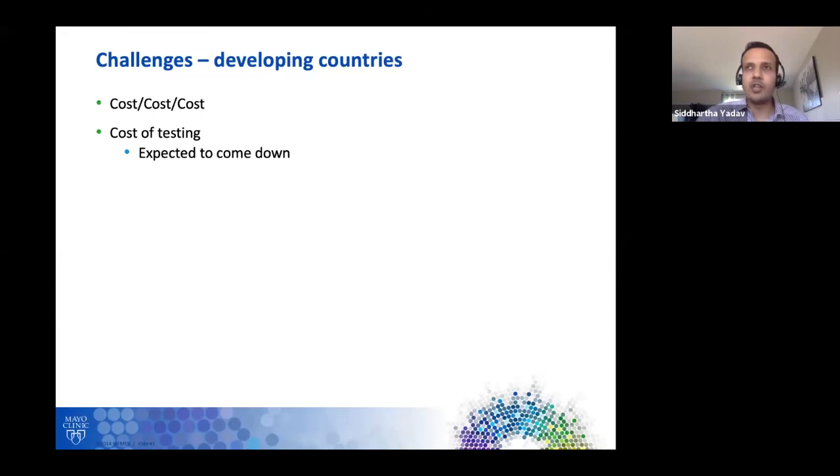In the United States, we have seen that it came down from several $1,000s for BRCA1/2 to now going down to $200. Now we are getting whole exomes for a few $100s, and so I do think that the cost of testing will come down. But